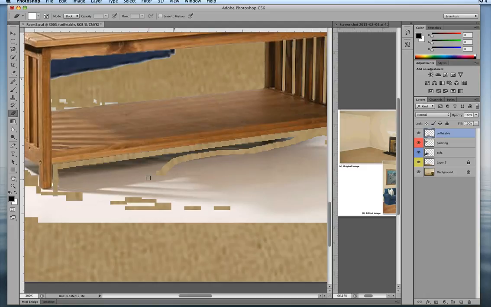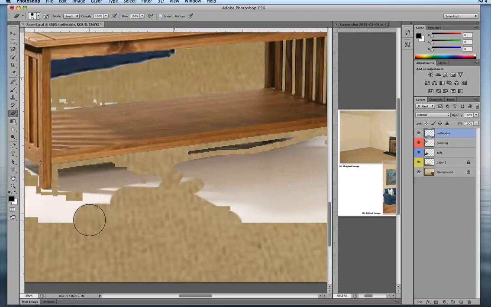And another thing is, right now my eraser is very small, but if I hit my little bracket keys on my keyboard, I can make it bigger. So, oops, I was going to try to increase the size of my block brush, but it doesn't really work like that. So if I get close enough with the block eraser, then what I can do is move back to my brush, and this is really cool. If you hit your brackets, the right one makes the brush size bigger, so you can erase a lot at once. And then if you want